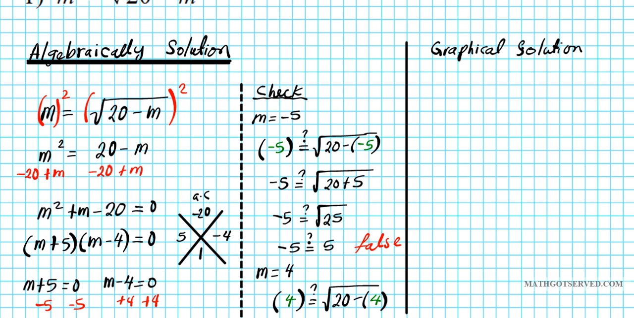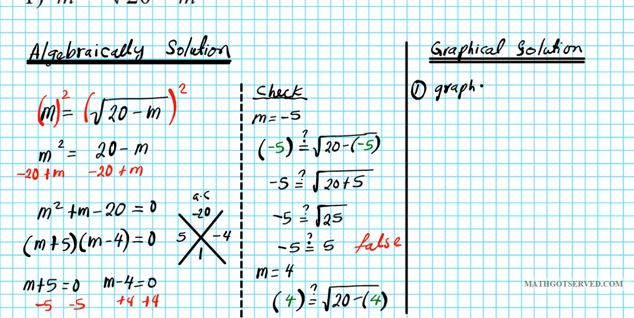What we're going to be doing is we're going to simply graph both sides of the equation using our graphing function, and then use the intersect function of the calculator to determine the point of intersection. So our first step is to graph. We're going to graph